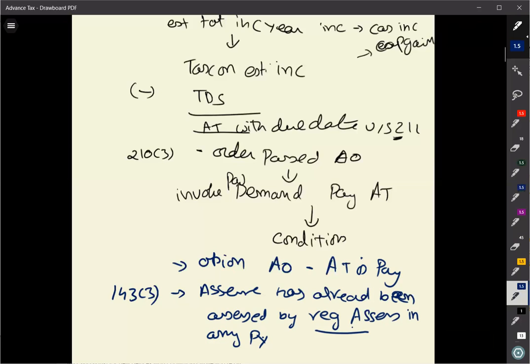Okay, this provision will be clearly understood when we go through section 143 subsection 3, where we'll discuss that. So that's the second case. Third case,